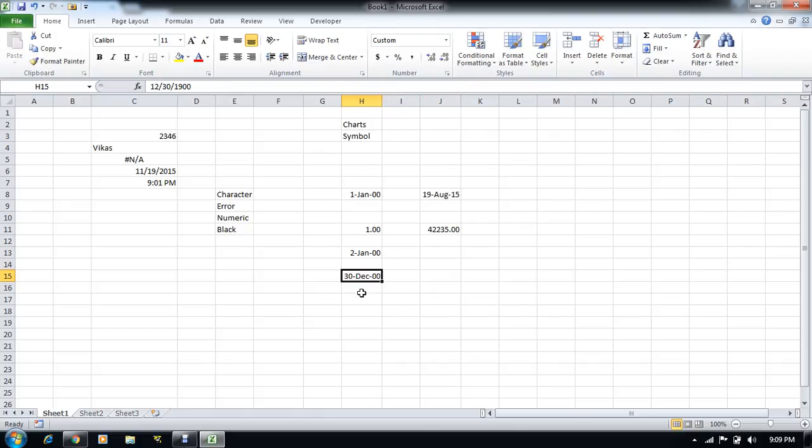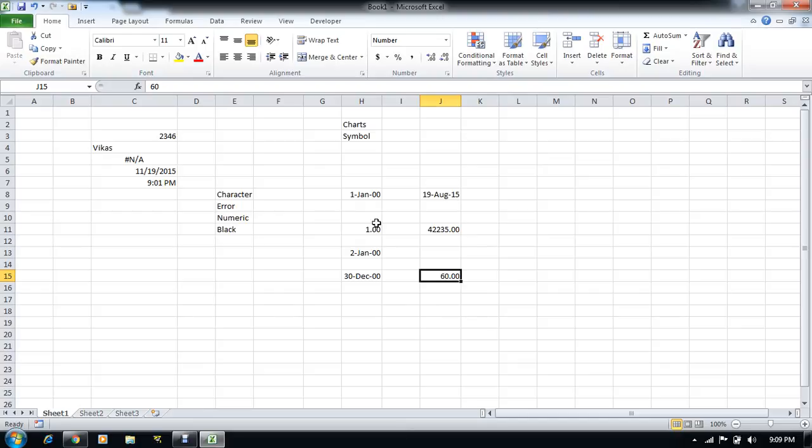It is the 30th December, because there will be 29 days in February. Just for example, if we add 29th Feb 1900 and change it to a number, it is 60.